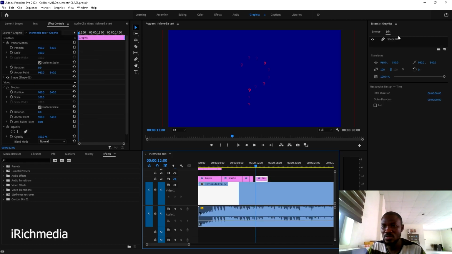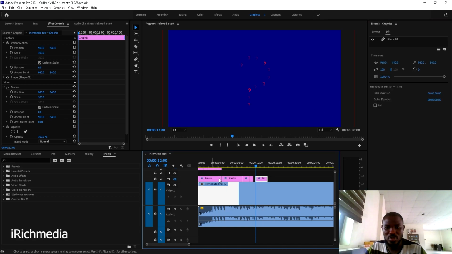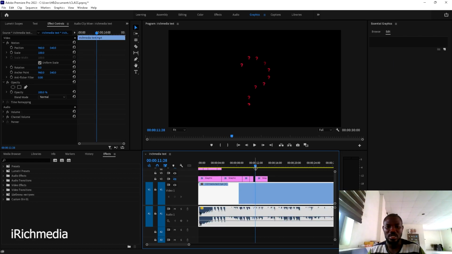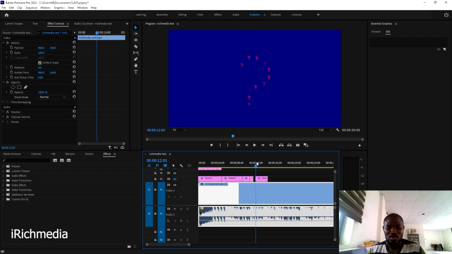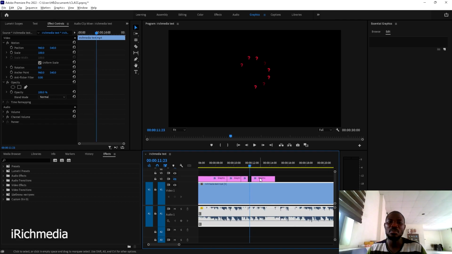Changing this to blue shape, picker to blue. So it is blue now. So from this point to this point is black. So this black space, you will leave it blank. You don't need to add a black shape for this space. Just leave it blank, and then